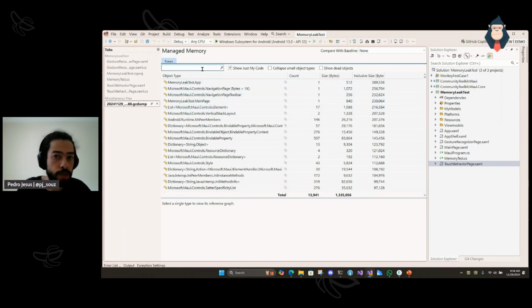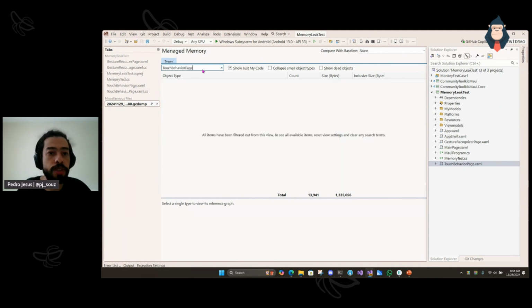It's like a snapshot. And I will look for the touch behavior page here. And I cannot see anything, but as I showed a little bit ago on the application, it's still leaking. And this is something very sad about the tooling. So what happened here? The tooling for the .NET Mobile is not as sharp as for .NET on Windows when you